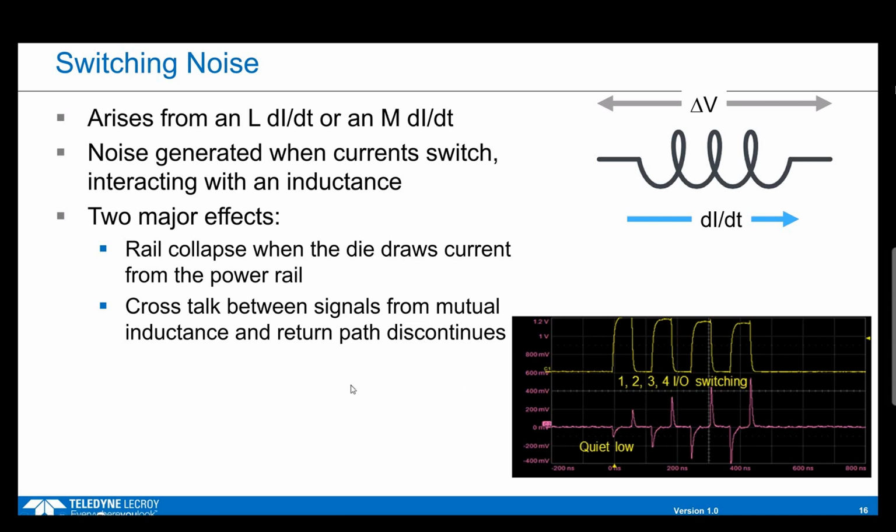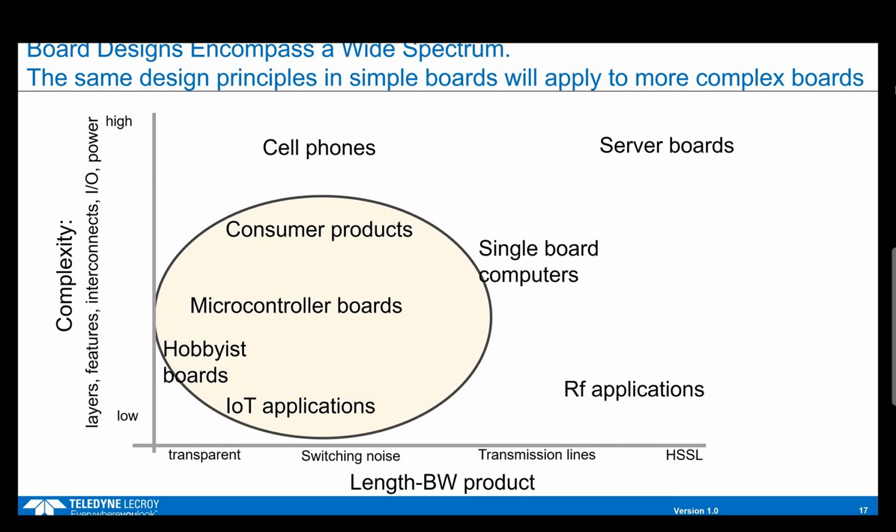Well, given this perspective of this kind of length bandwidth product and the mapping of what the rise time is and the interconnect lengths to tell you what kind of problems you're going to encounter, the next problem is looking at the complexity of the boards. And so we're adding another dimension here. So here in the horizontal axis, this is the length bandwidth product. This is where those problems arise. So at this end here, interconnects are transparent, rise time and lengths are short enough so that you don't have